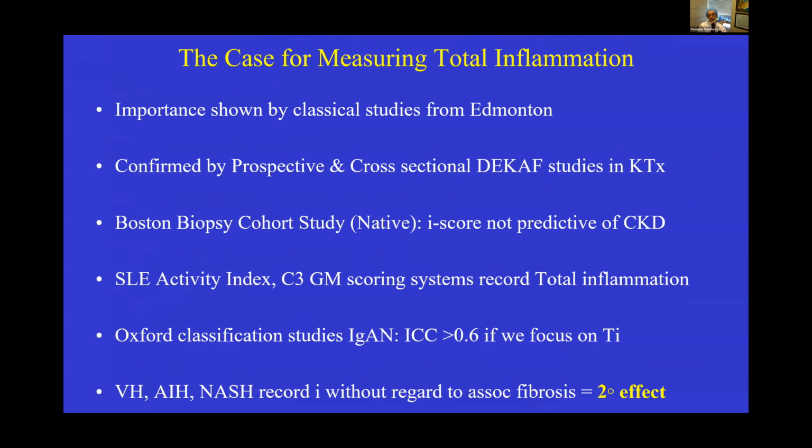In fact, I would make a case for measuring total inflammation as being very strong. Its importance has been shown by classical studies from Edmonton. It has been confirmed by prospective and cross-sectional DeKAF studies in kidney transplantation. Even in the native kidney, the Boston biopsy cohort showed that the inflammation in the non-fibrotic areas itself is not predictive of chronic kidney disease. If we look at SLE activity index, C3 glomerulopathy scoring system, they all